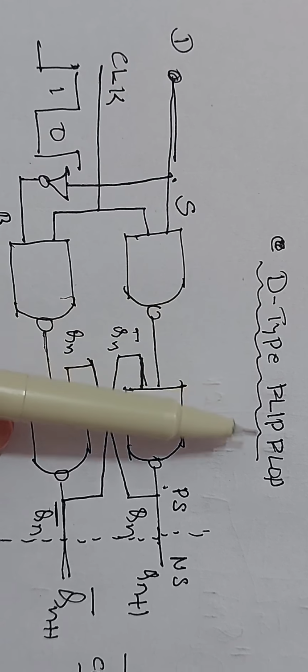Now, this is the clock pulse applied. When the clock pulse increases from 0 to maximum value, that is called rising edge. Here the clock pulse falls from maximum value to 0. This is called falling edge. We are considering only rising edge. So the voltage rises from 0 to maximum value and it remains constant up to a certain period T by 2. So this period is called the on period of the clock pulse.